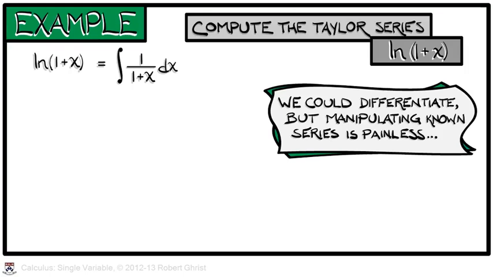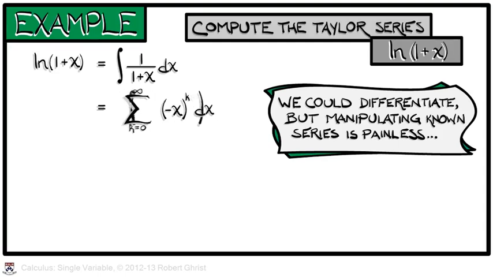If you remember that, great. If you don't, don't worry about it. Accept it as a given, and let's move on from there. What could we do with that integrand, 1 over 1 plus x? That is really the geometric series evaluated at negative x. And so we could integrate the sum, k goes from 0 to infinity, of negative x to the k with